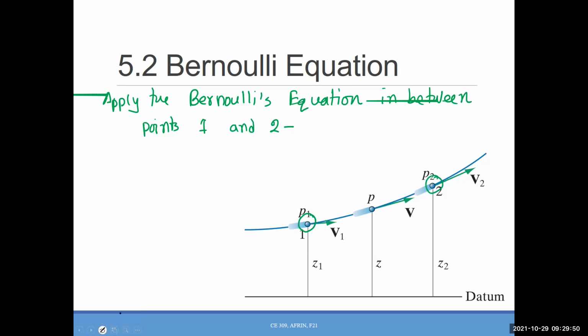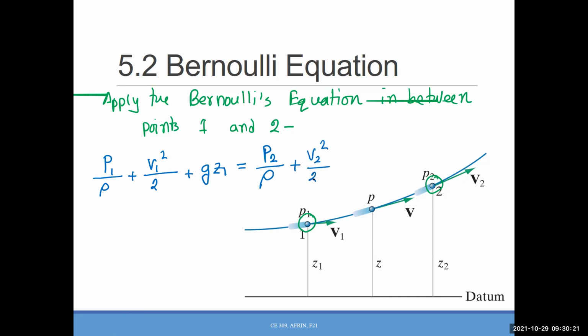So for point 1, what will be the equation? P over rho, but this time P1 because we are working with point 1, plus V1 square over 2, plus gZ1, right? Equals P2 over rho